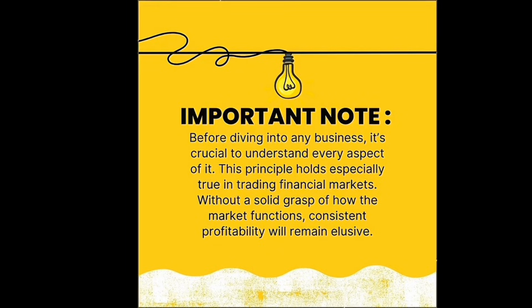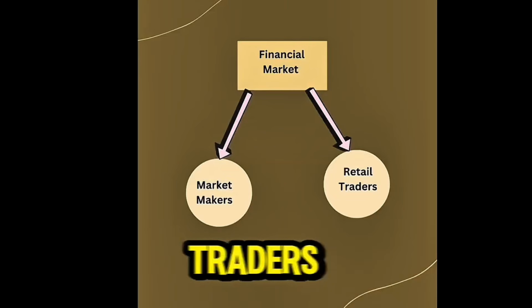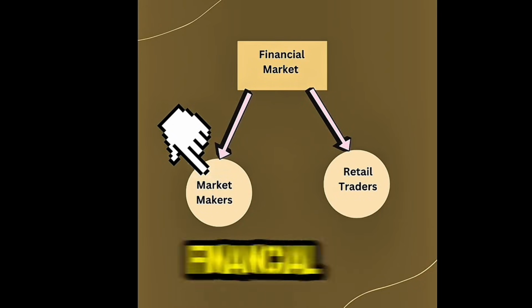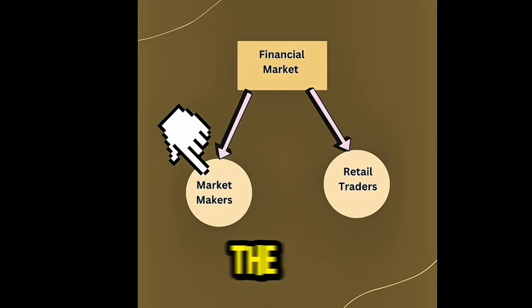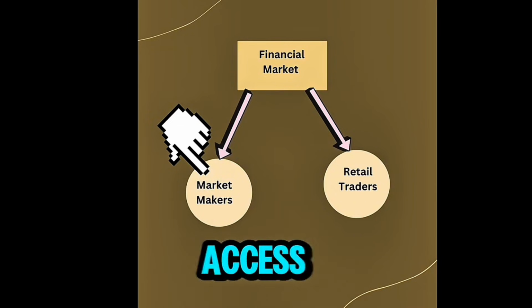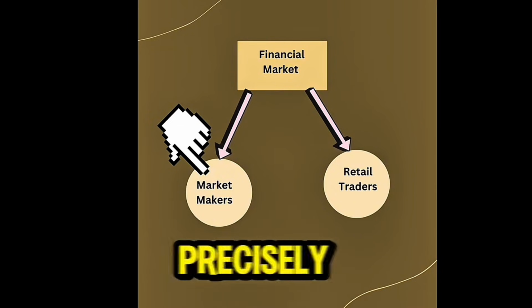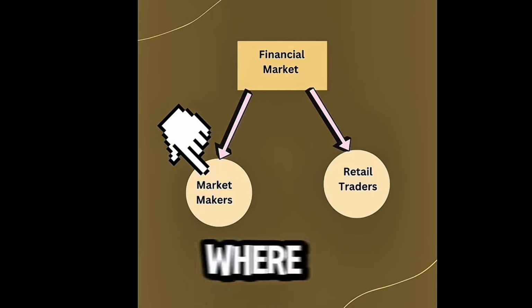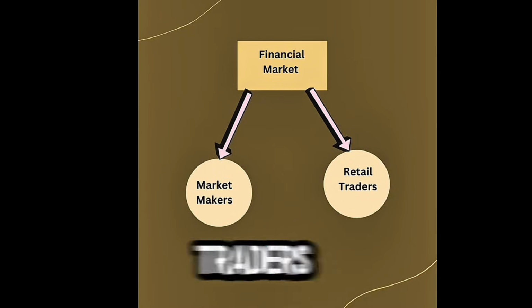In the trading world, there are two key players: market makers and retail traders. Market makers, which include banks and financial institutions, are the dominant forces in the market. These entities trade millions of dollars every day, holding the power to manipulate and move prices at their discretion. These market makers have access to top-tier technical analysts who understand precisely how retail traders operate. They know where your stop losses and profit targets are set, and they can manipulate the market to take your money whenever they choose. This is the harsh reality that many traders are unaware of.